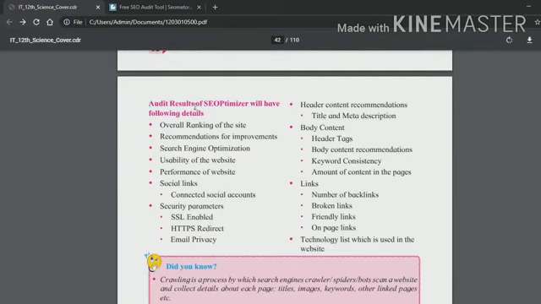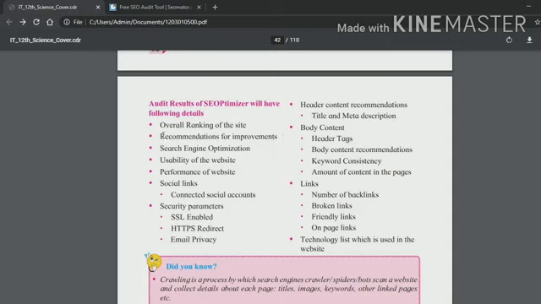So, see, audit results for SEO Optimizer will have the following details: overall ranking of the site. It will help for the overall ranking of the site. Then recommendations for improvements.